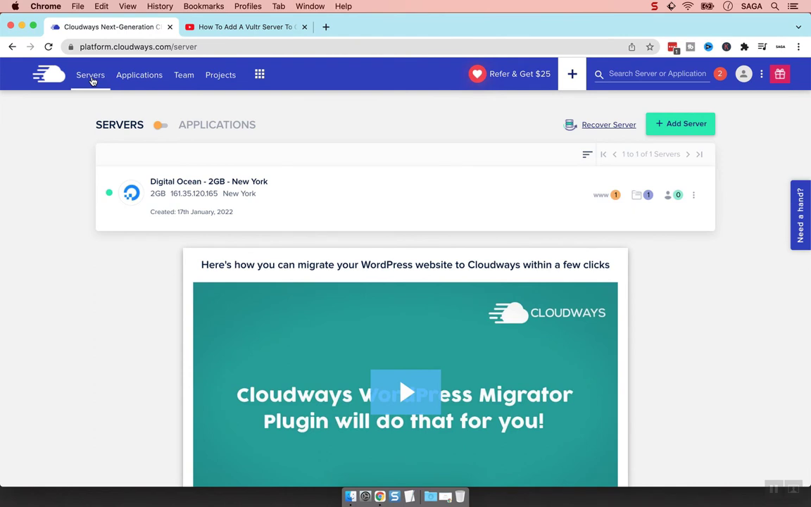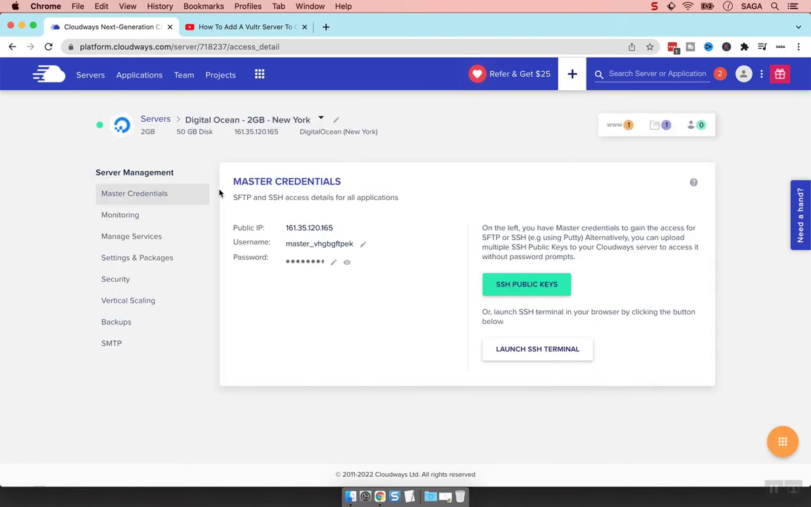The other way to add WordPress on Cloudways is when the server is already created, and now you want to add an additional application to that specific server. So if I come up here, I click on the server, you're gonna see if I go to